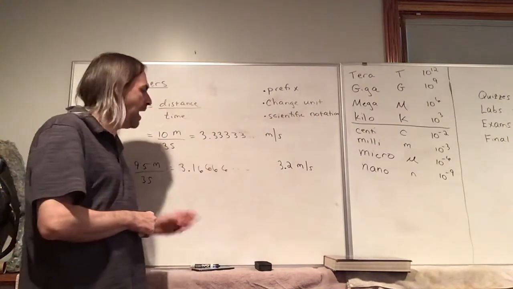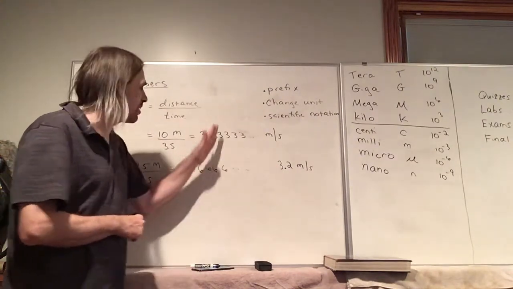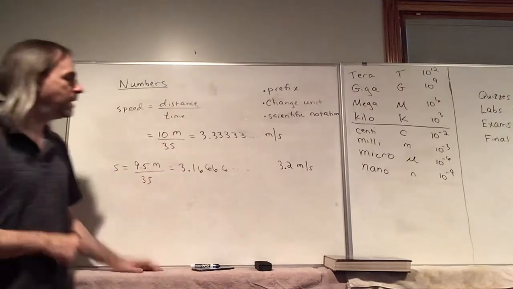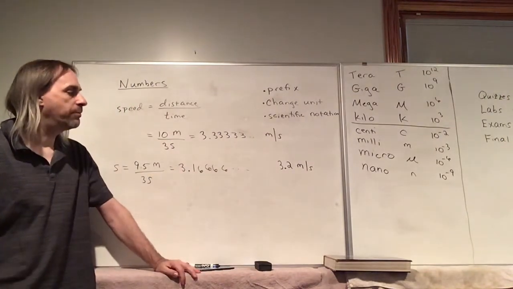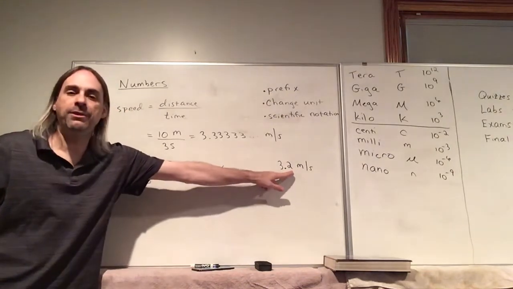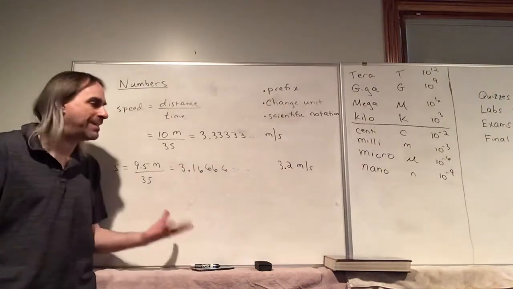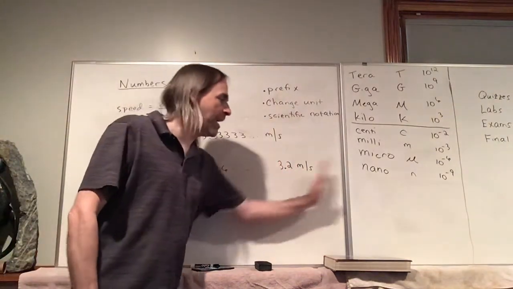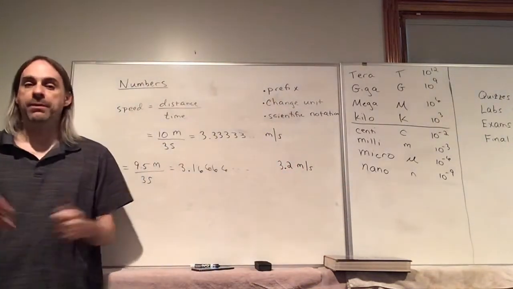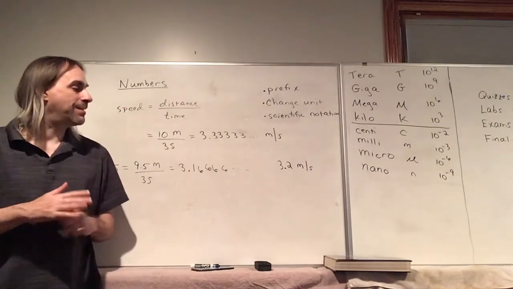The second digit's not so sure, but 2 is kind of in the middle. So that would be reasonable. We're not claiming that 2 is exactly correct, but that's our best estimate for that. And if this is an estimate, we definitely don't want to write anything beyond that because